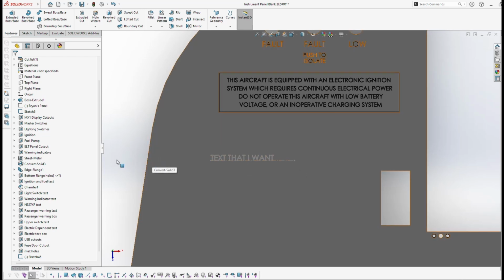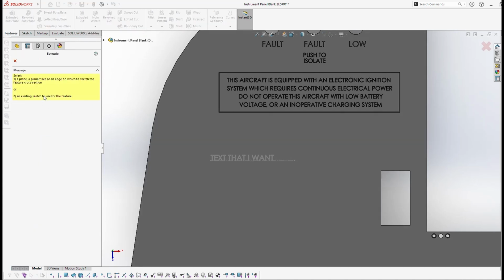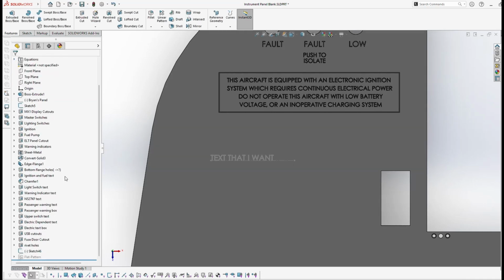I'm going to show you 2 different ways. If I just click on Extrude Cut, SolidWorks plays dumb. Like, oh my gosh, what is it you're going to do? Where are you going to start? So the workflow I always use, if you come down to the bottom of the feature tree, the most recent thing I created is Sketch 46. Now if I click Extruded Cut,